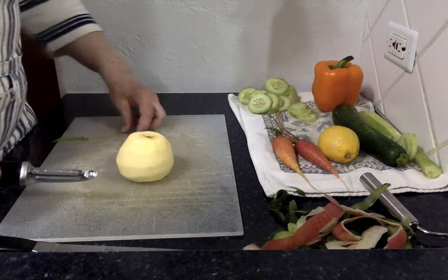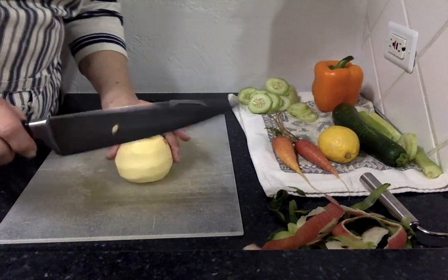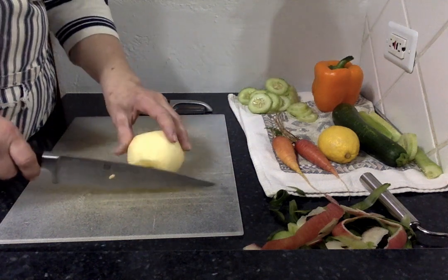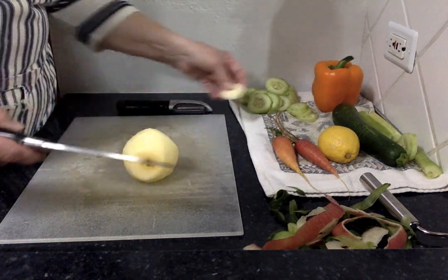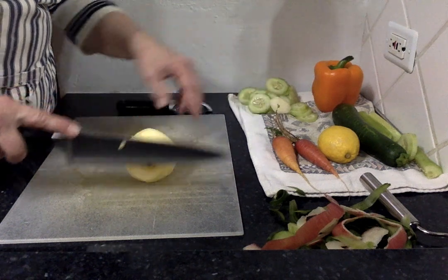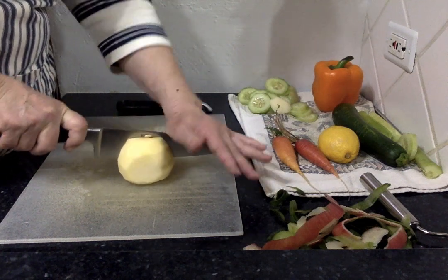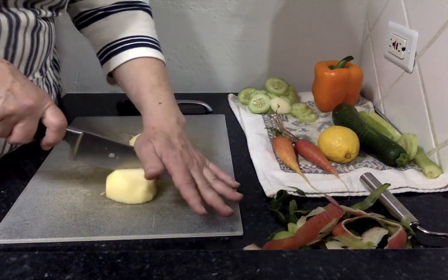My apple sits fairly flat there on the ground, and that's very important because we do not want it to wiggle. We're going to take that knife, again, starting from the top. Now, let me rephrase that. Depending on what you want to do with the apple, you could take a little bit off the side there, give it a flat edge. That's a lovely little piece of apple there. And I could continue to slice it like I did with the cucumbers, or I can, again, bite into the top, it's flat on the surface there, and sort of push that down through there, put them flat on the sides, top to bottom,